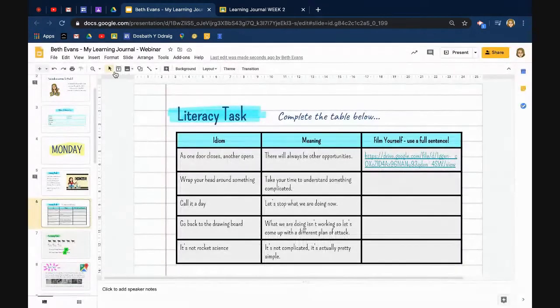So I'm going to show you a little workaround for the time being. So I've got this student here. They've obviously not done all of the activity that I've asked them, they filled in the meaning column, but they haven't actually completed this third column. So I just would like to leave them a voice note, kind of asking them why. So I'm going to show you a website that I find really useful, and I've actually bookmarked it here so you can see it. And it's called